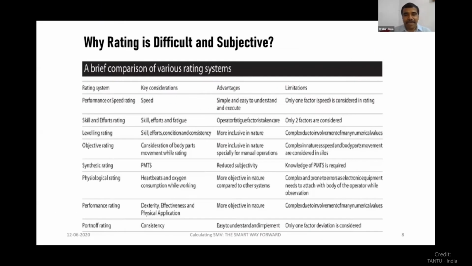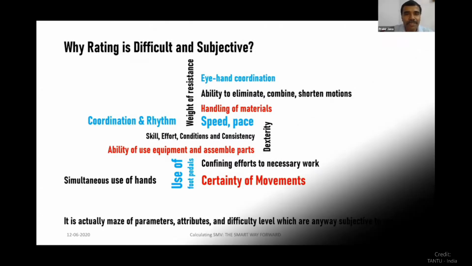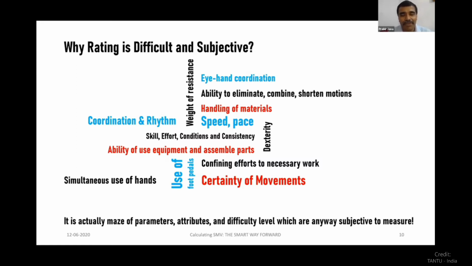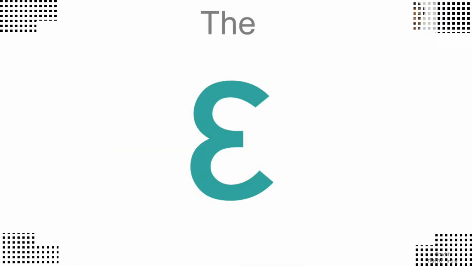These are the different factors that all the scholars, scientists, and industrial engineers have said you need to take into account. Now, how and who is going to advise us on how we should take them into account? Do not try to resort to calculation of SMV based on only time study. Because we have seen in the rating, one of the options was PMTS, and that probably gives us a fairly better way of doing that.